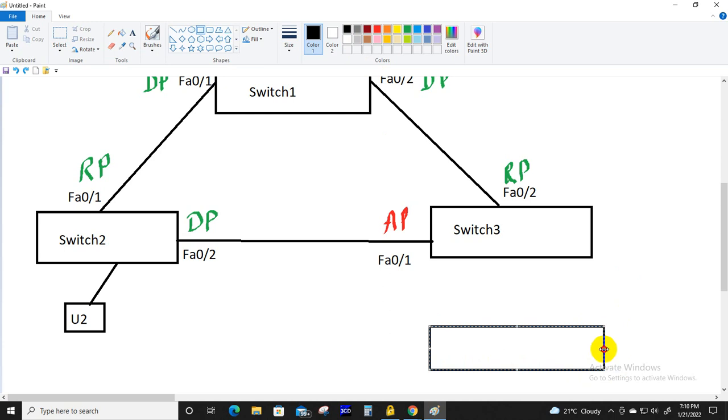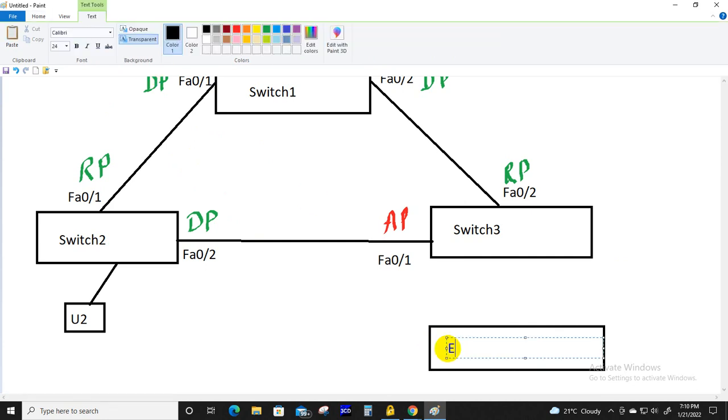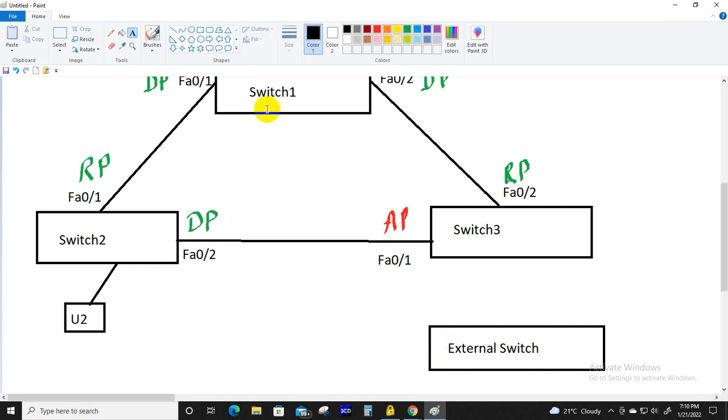Priority will be 32768, but base MAC address is lower than all other switches. Okay, so it is an external switch. এবার এই সুইচটাকে আমি ট্রাঙ্ক লিঙ্ক দিয়ে সুইচ 3 এর সঙ্গে কানেক্ট করলাম।